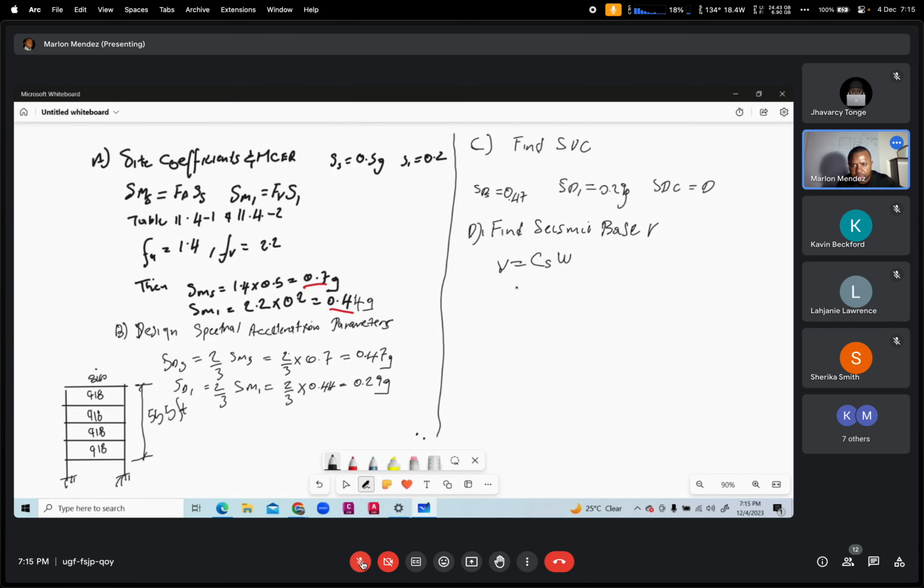In finding the base shear, what is important is finding the seismic response coefficient, C sub S. You want to determine what is referred to as the period, and the period based on table